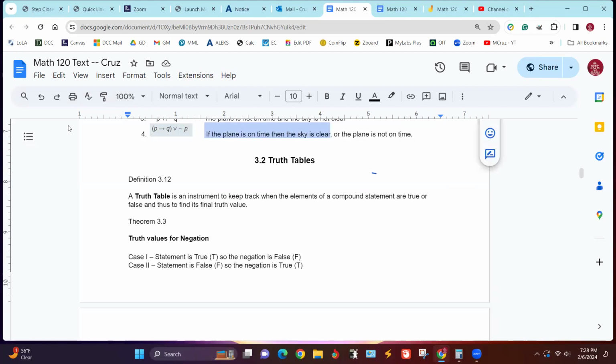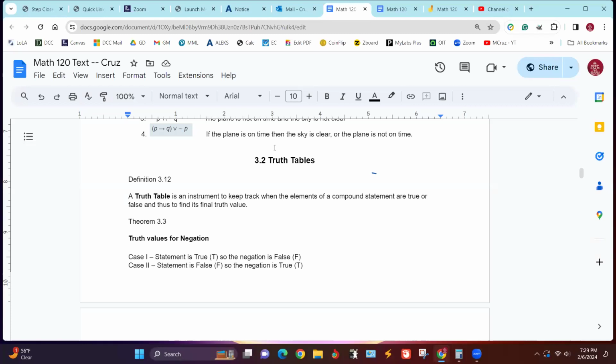Now, truth tables is one of those kind of sticky subjects because it's much the same as those set operations over in chapter 2, you know, where you had A union B complement intersected with B complement. And you have to basically start from the inside out and work and find out which each of the ones are equal to, and then you finally put them together last. Well, it's the same kind of thing here with a truth table.